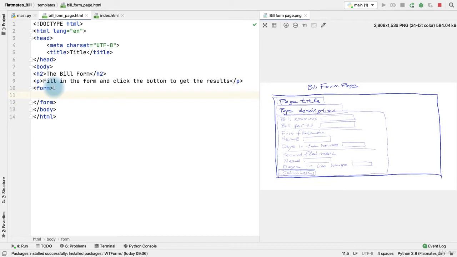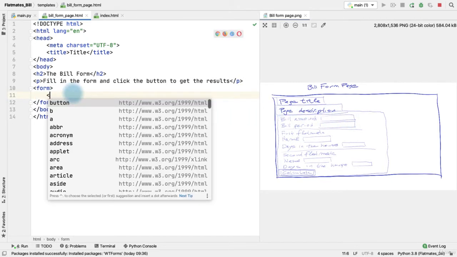By widget, what is a widget? A widget is this, for example, bill amount is a label widget. This box here is also a widget. It's a text input widget. Then we'll have another label, another text input widget, and so on. In HTML, you can add such widgets